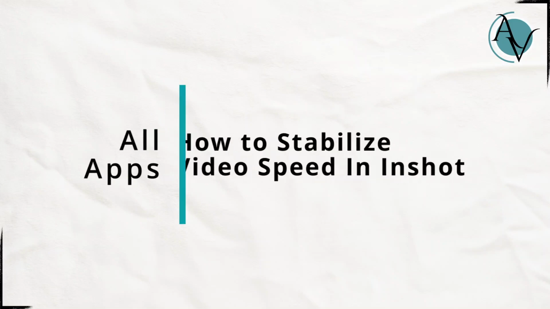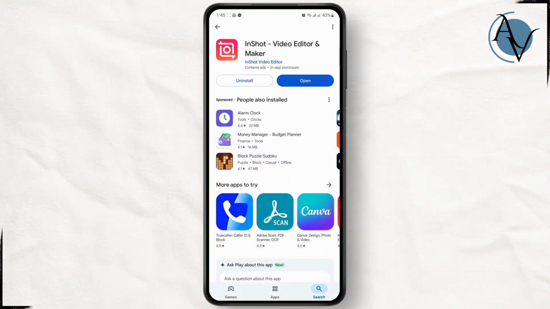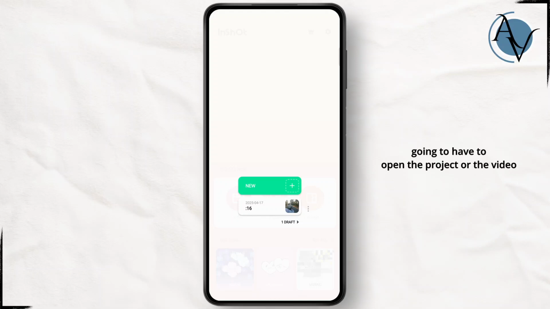How to stabilize the video speed on Inshot app. If you are trying to stabilize the video speed on your Inshot app, first simply open up the application. And once you open up the app, you're going to have to open the project or the video that you